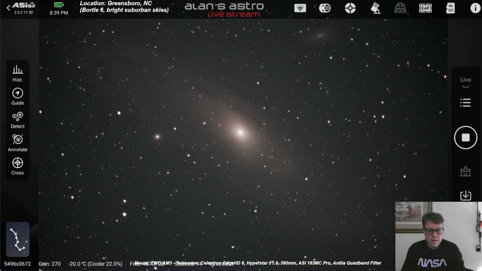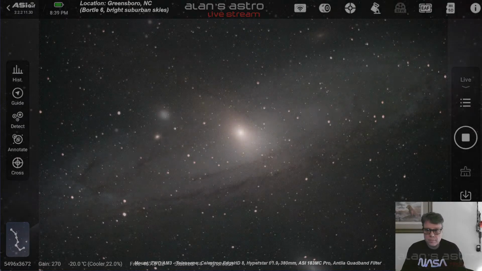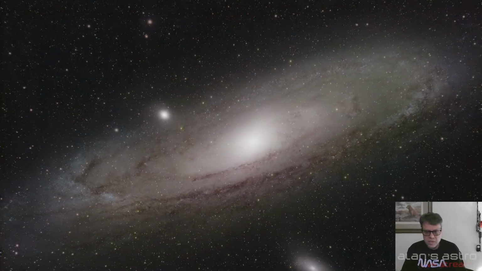If I can find it here. Okay, so this is an image that I did earlier this year, actually not too long ago. I think it's about 2.5 to 3 hours of exposure time on Andromeda. You can see M110, the galaxy, is kind of cut off down below it here, but you can see the smaller dwarf elliptical